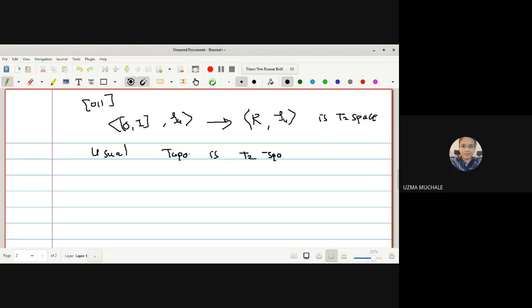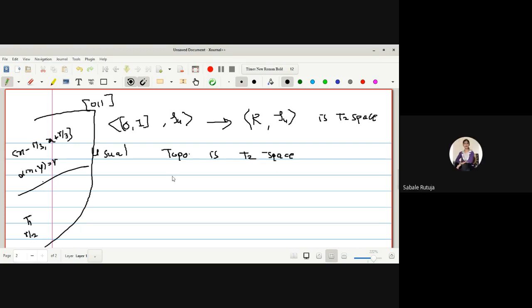Okay, those who remember, we have done this for a usual topology as well as a metric topology. What did we do there? x minus r by 3, x plus r by 3, right? d of x, y is provided to us, it is r. Then we divided r into three intervals, and for proving T2 we considered r by 3, and for proving T1 we considered r by 2. Do you all remember? Yes, ma'am.